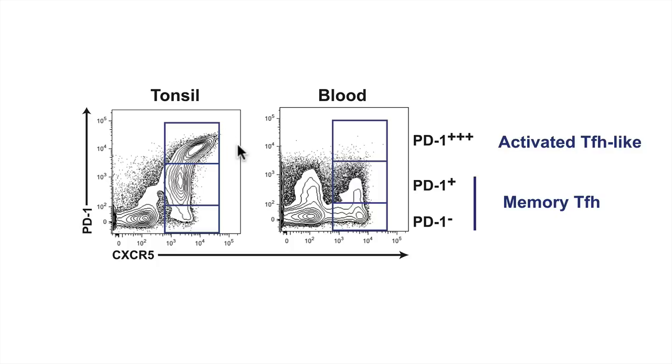TFH cells, germinal center TFH cells, are perhaps the highest expressing PD1 positive cells in the body. And so PD1 is part of the TFH differentiation program. It is regulated in some way by BCL6. It is also a TCR activated gene,